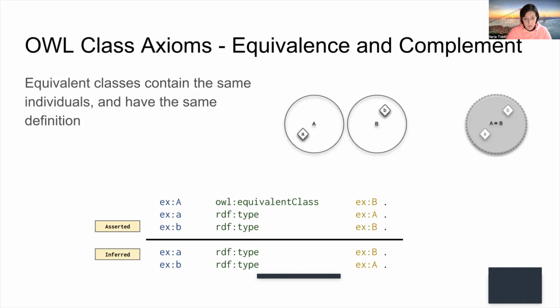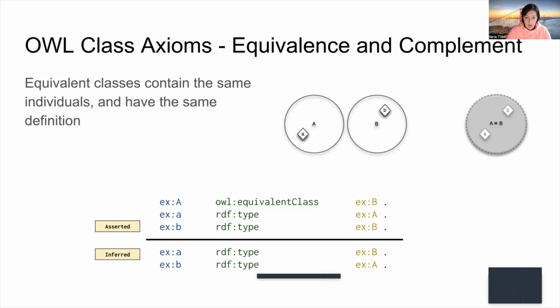So the term you use is OWL equivalent class when you have two classes in two different datasets. Imagine that you have the Wikipedia on one side and you have the class Dutch painters, and then you have the Rijksmuseum dataset on the other side that also represents Dutch painters. Then you can declare these two classes as being equivalent, and there will be triples that will be inferred for all the instances, so all the elements that belong to